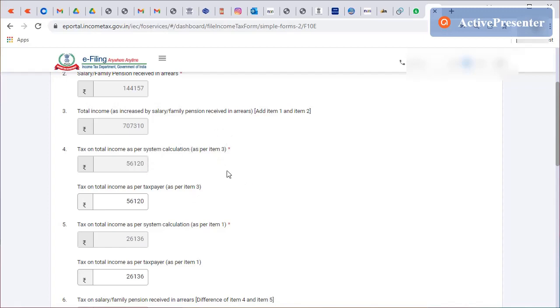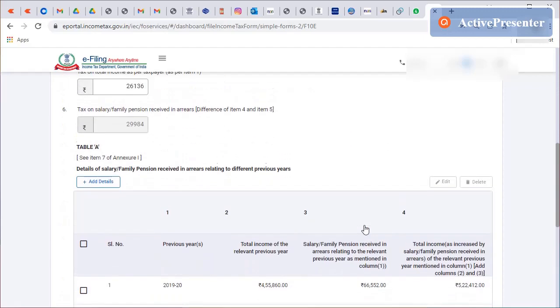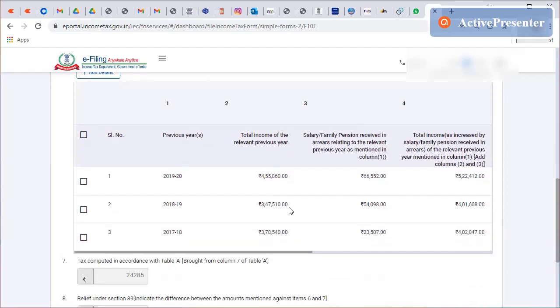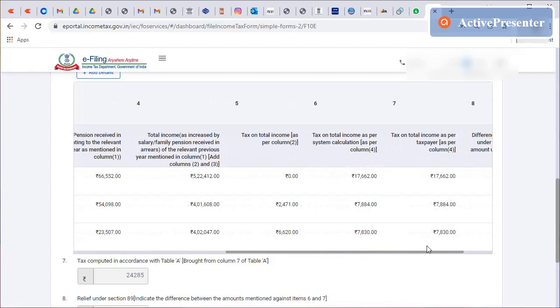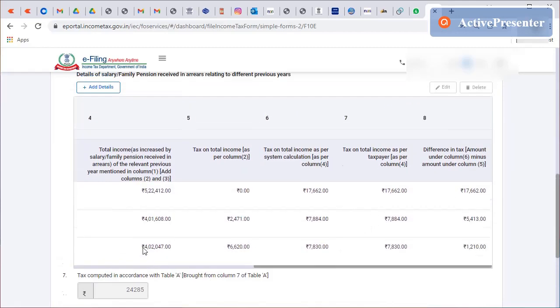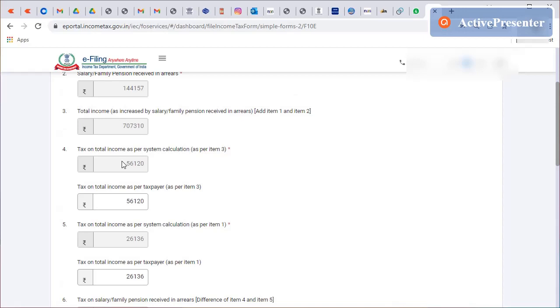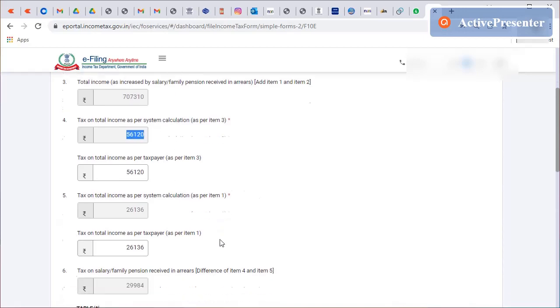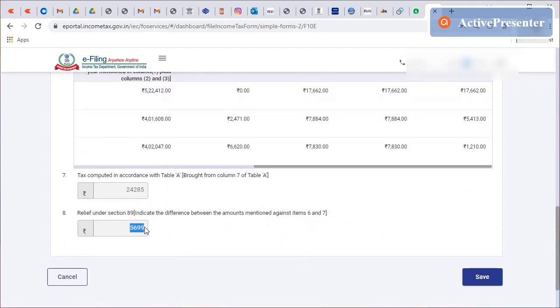But if it had come in earlier years, our tax liability or burden would have been reduced. So calculating that, this is the tax which I should have paid, but with this year we have paid this much more, so difference of that two will be this one. So this is the relief what I am getting.